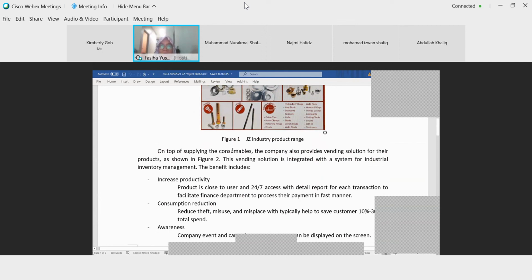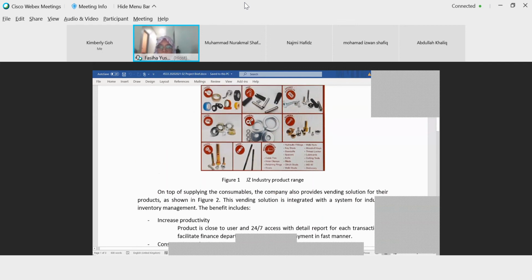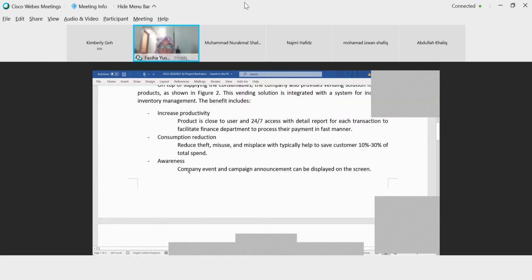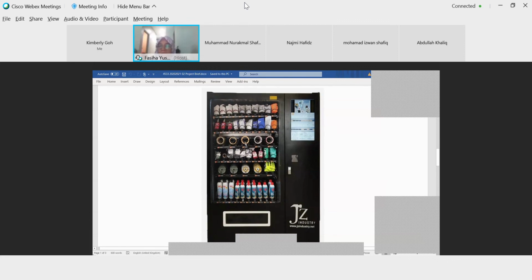And on top of supplying the items here, in this figure 1, the JZ company also provides vending solution, as shown in figure 2. You can see this is a vending machine, a vending solution that gives you all the items.